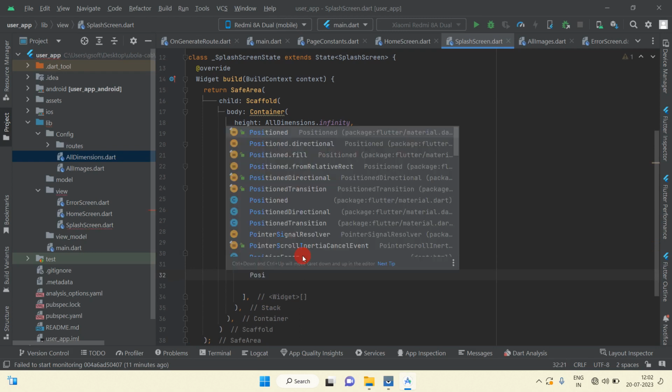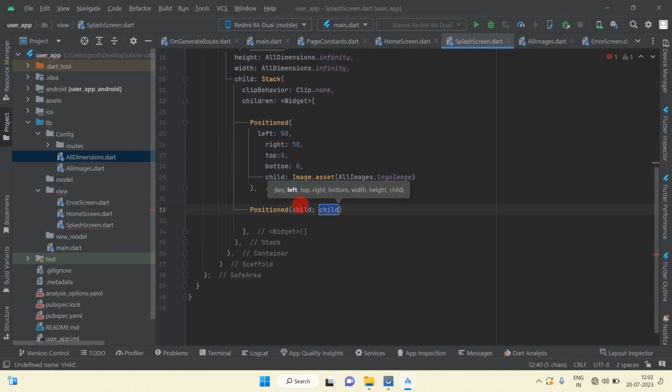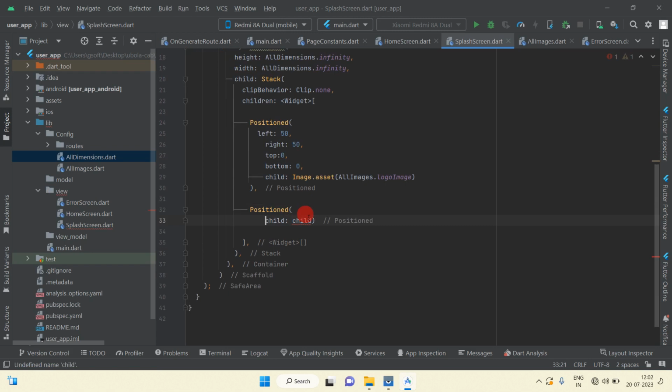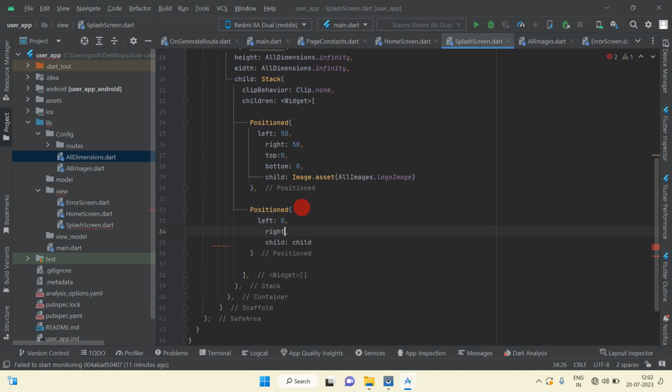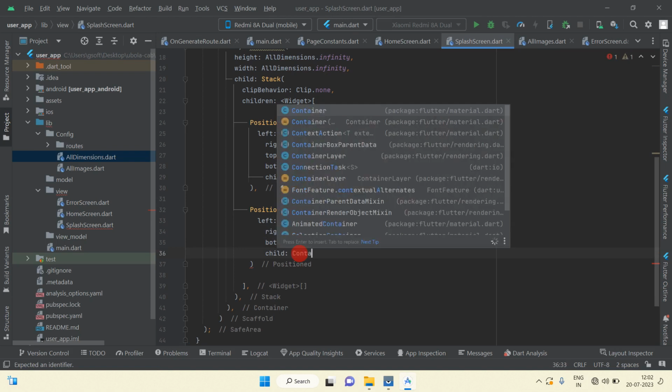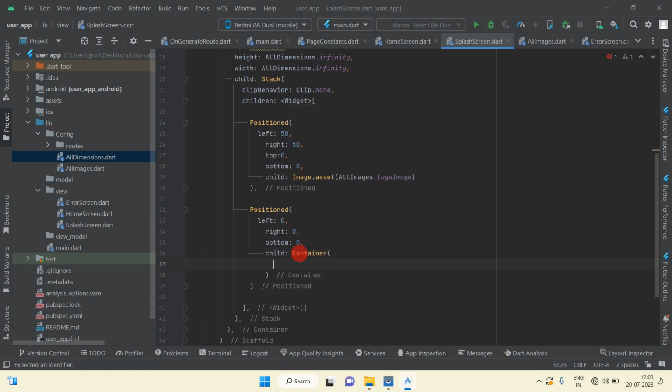we will take one more position widget here, and this will be left 0, right 0, bottom 0. Okay, and here we will use one container. Okay, so inside container we will take one child, and inside child we will use,